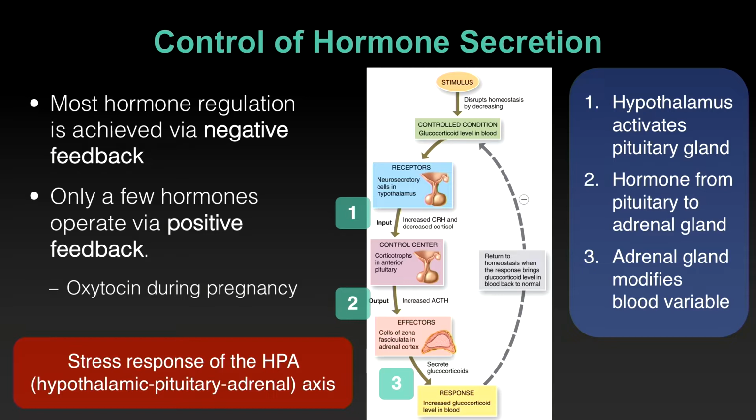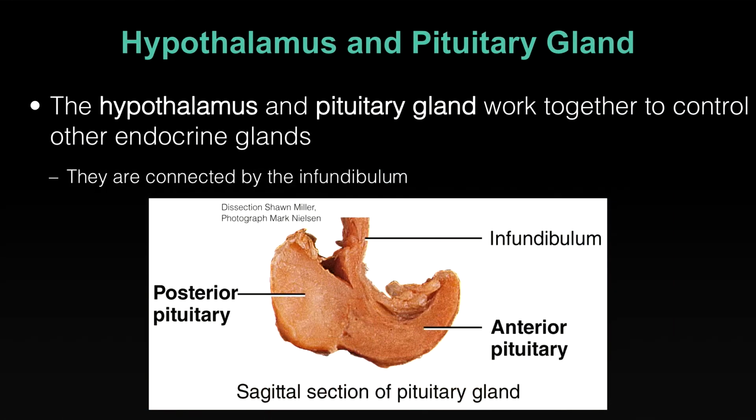So notice the cascade. We'll come back to this a few times. A nerve prompts a gland to release a hormone. That hormone travels to a second gland to affect change or release another hormone, and the cascade continues as such. Now let's talk about one gland in particular, what used to be referred to as the master gland, the pituitary